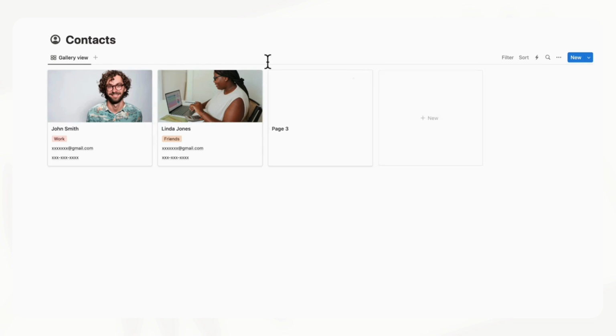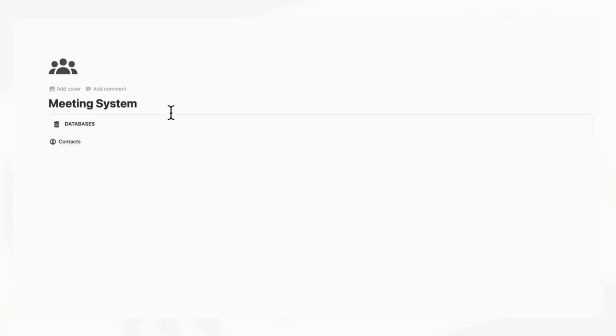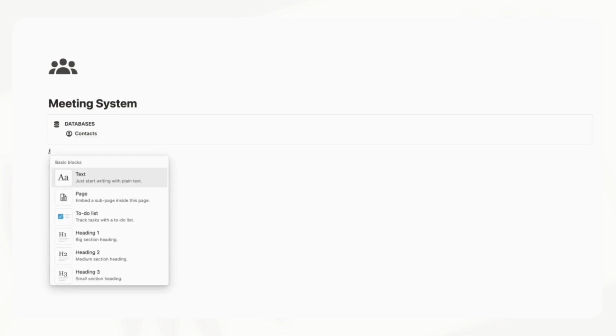So now if we go back to our meeting system, we have our contacts database here. So we can already store this inside the databases. And then what we can do is to type /page. And now we can continue by